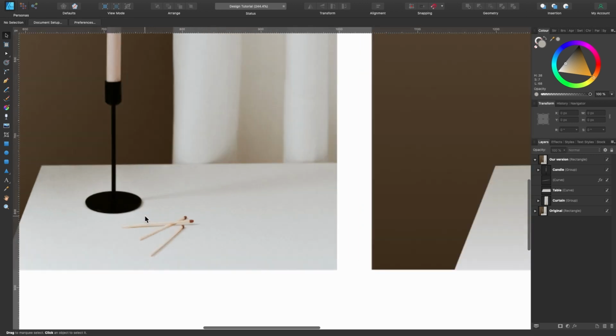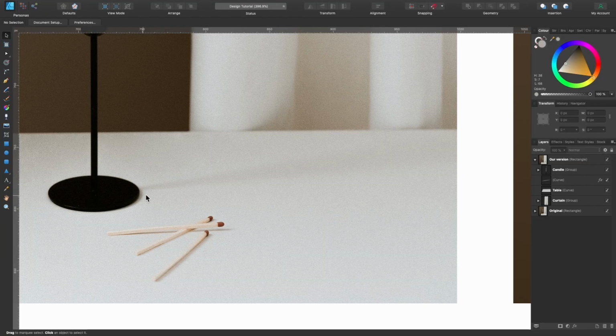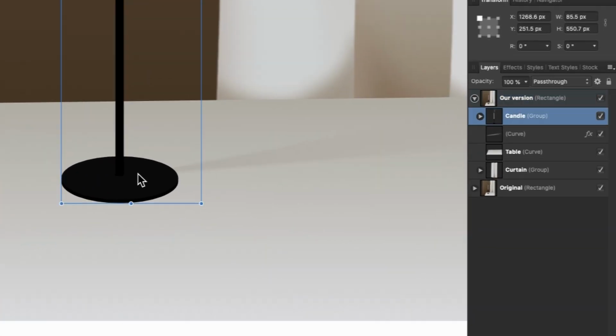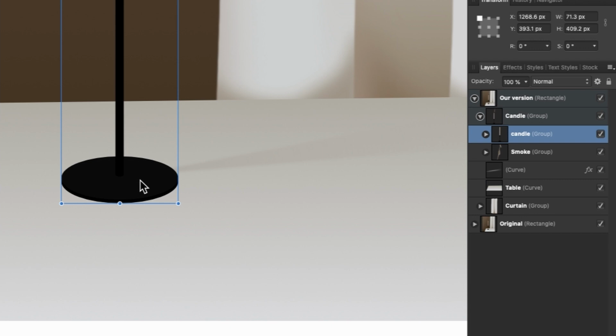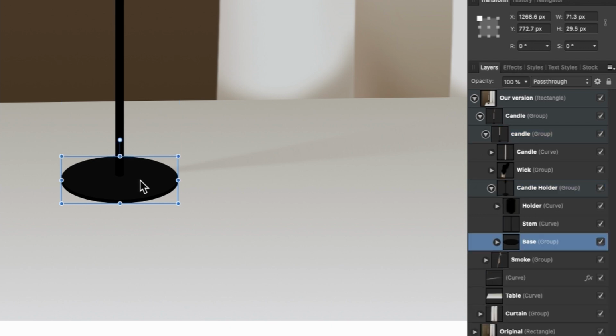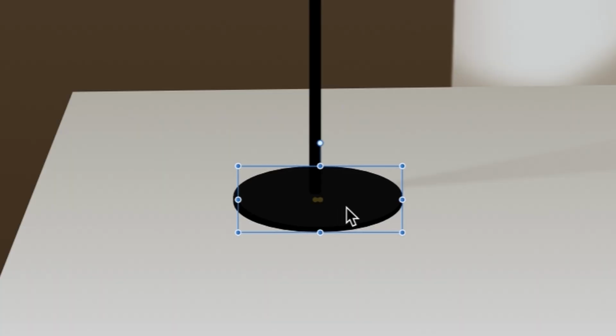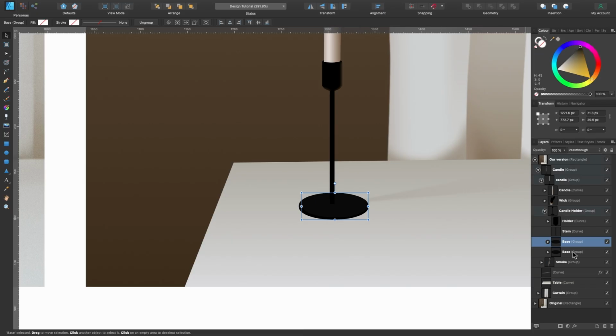The next shadow is this one here. And it just comes out a little bit. I'm going to make life easy on myself. And I'm just going to double tap. So we get to our candle. Double tap again. Double tap again. And keep double tapping until it opens up these layers. And here we are on a base. We're going to copy that. So Command J. Drag it across a little bit. I'm going to drag this base because I've just copied it. I'm going to call this base shadow, and I will drag that right to the top.